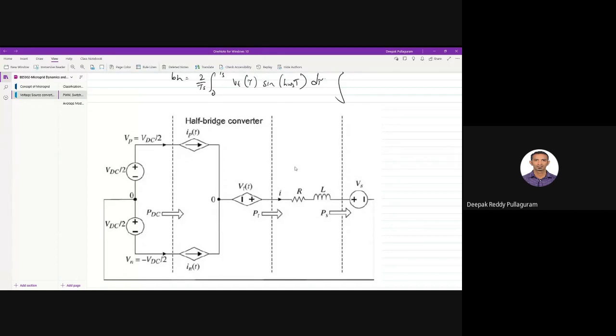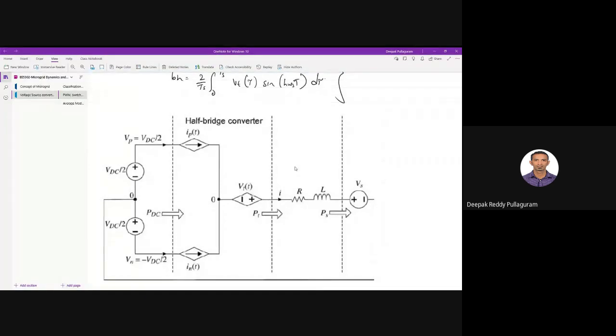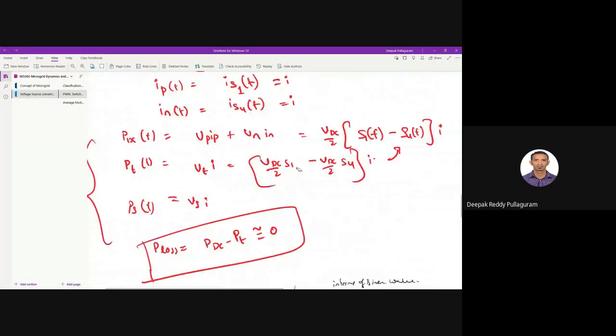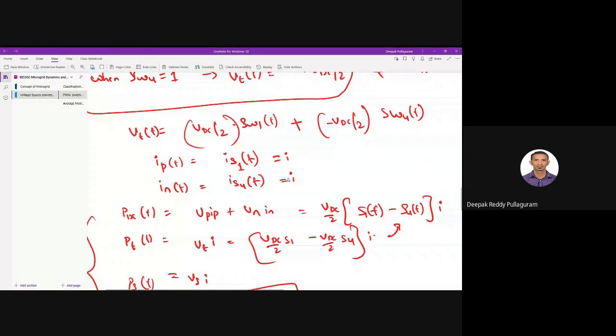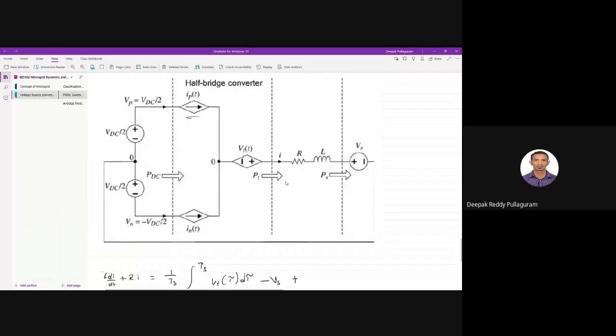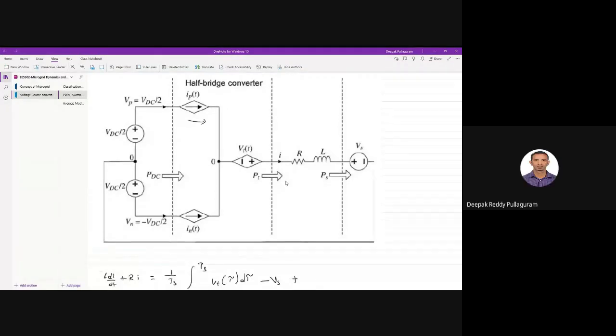If I don't represent it as a current, what does it mean? If I represent it as a switch, you will see it as either an open circuit or a short circuit. So I'm taking the average value of current, IP, over a cycle, the average current IP and IN. I'm representing that amount of current only, rather than the instantaneous switch values over a cycle.